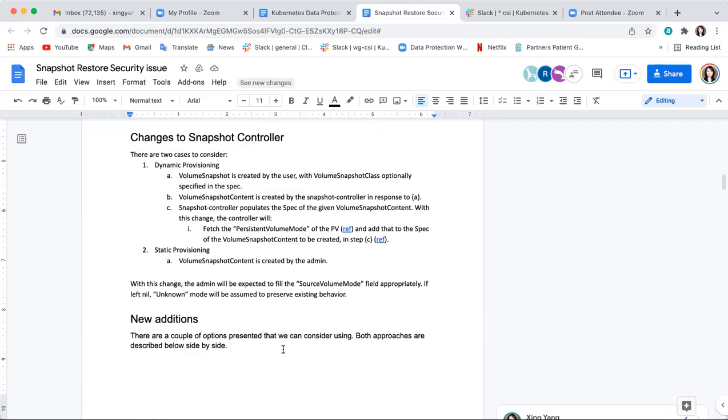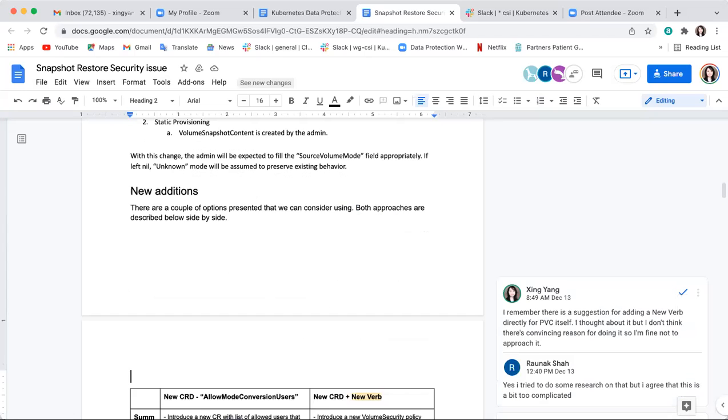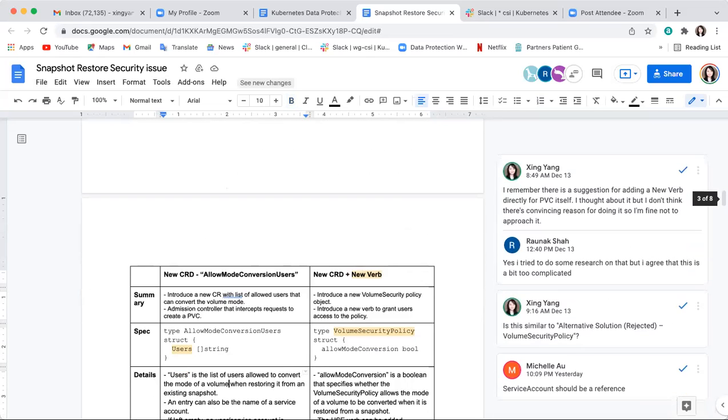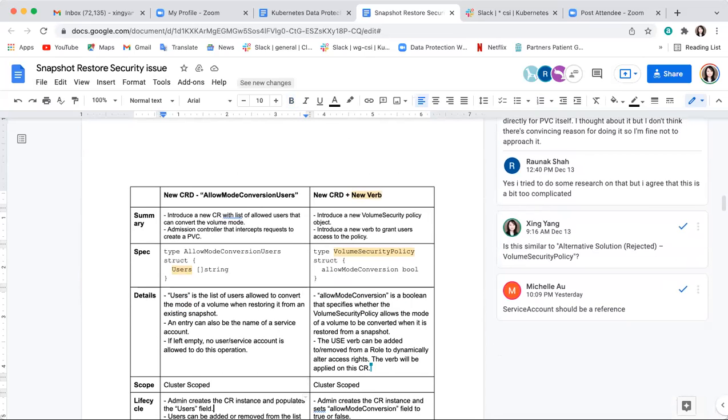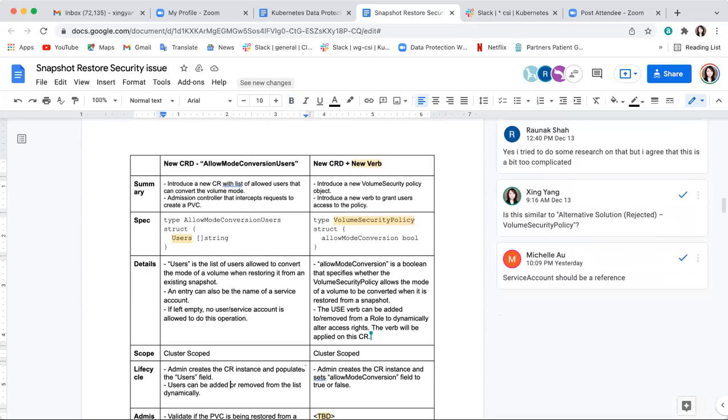Do we introduce a new CRD with a bunch of users who would be allowed to change the volume mode, or do we introduce a new verb, which someone brought up, where you can add a new verb and then modify the RBAC of a given user. I haven't gone into a lot of detail on the exact implementation in this table. My idea is just to have a side-by-side comparison, and then discuss the pros and cons of either approach.